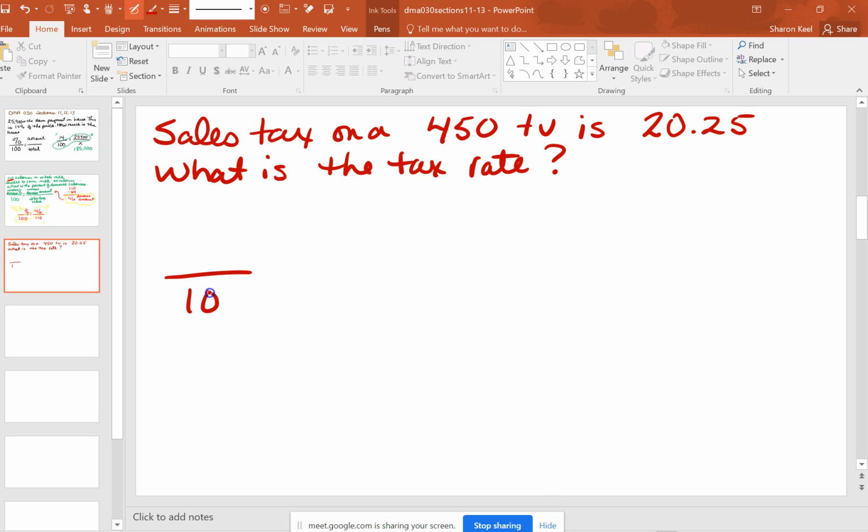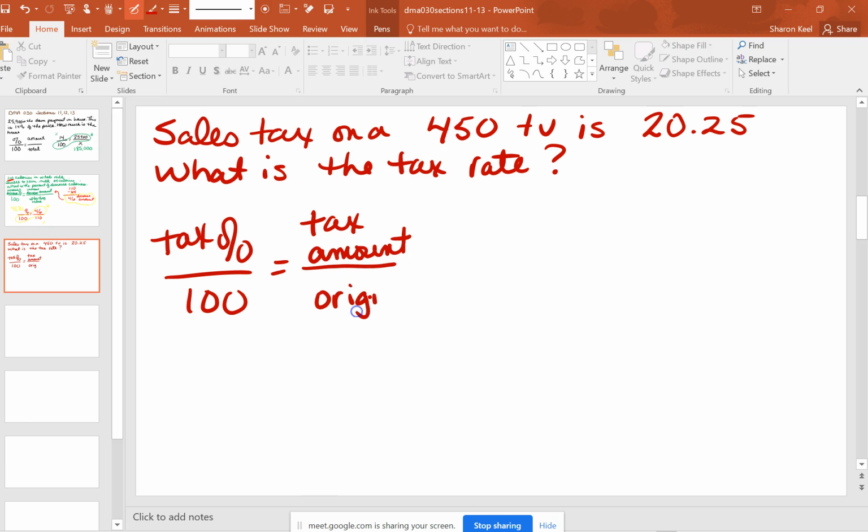So again, here the numerator is the tax percent. On the top right is going to be the tax amount, and on the bottom is going to be whatever was the original price. So for this particular problem, we're trying to calculate the tax rate, so we're trying to